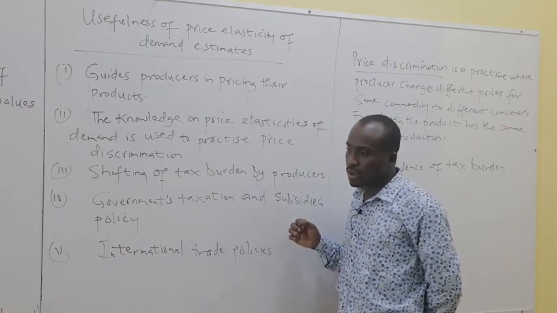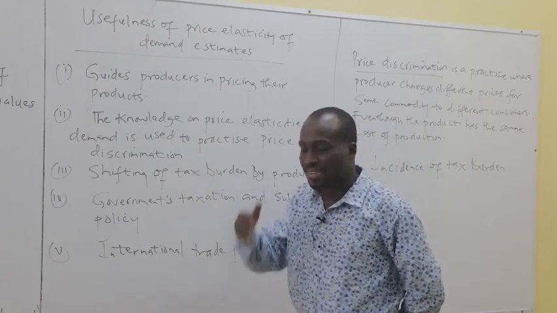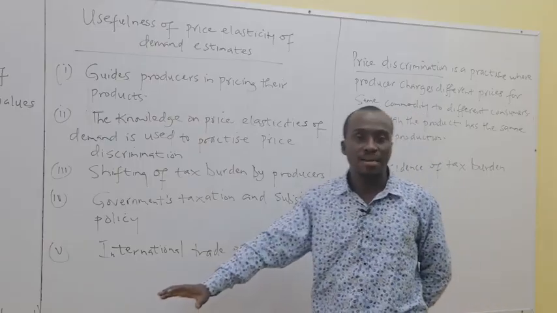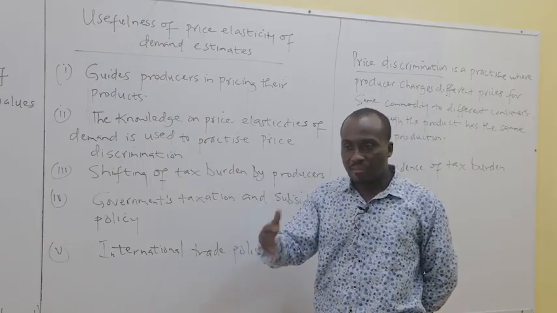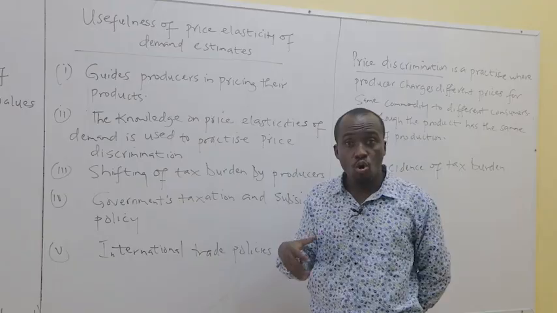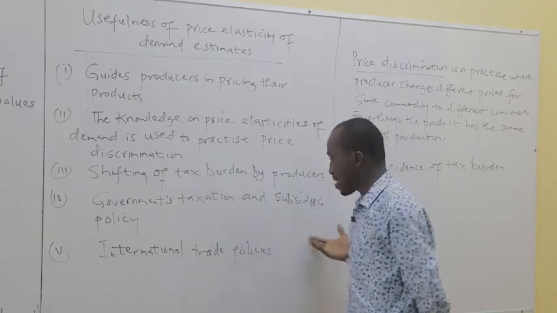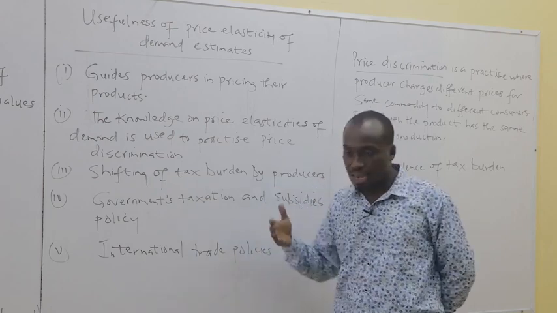Let me give more subsidy to goods that have elastic demand. Government can give more subsidy to goods that have elastic demand. Why? Well, government thinks that these are goods that are demanded by people. When the price changes a bit, they will stop. So if I bring the price down, they will buy. So government can give more subsidy to goods that have elastic demand, because when the price goes down, they will